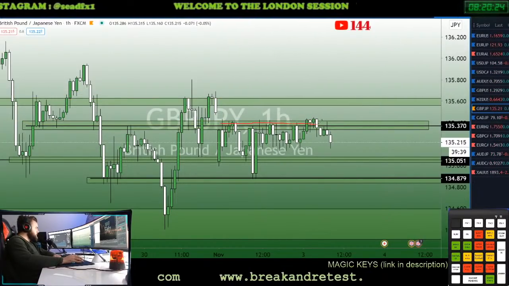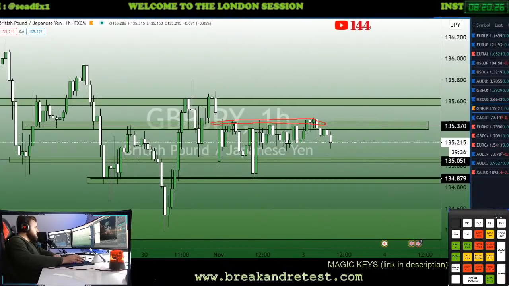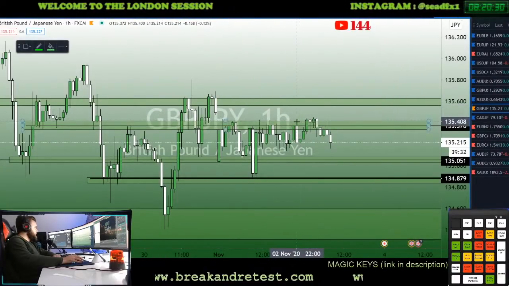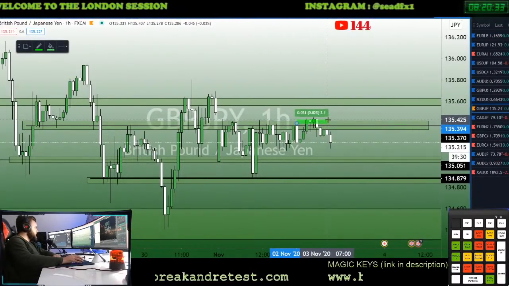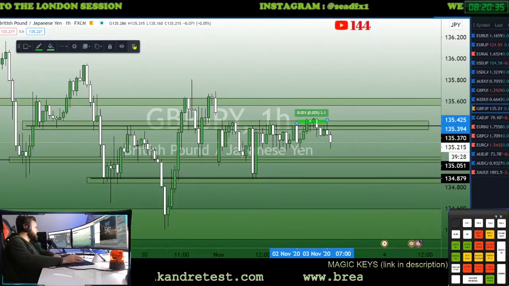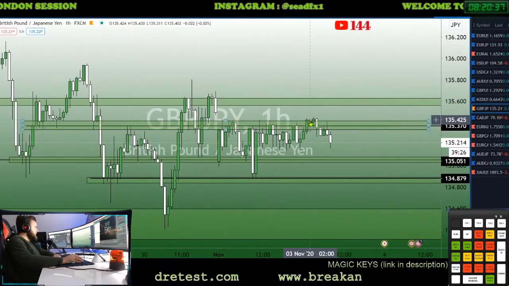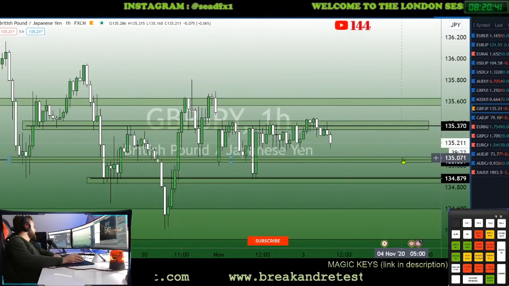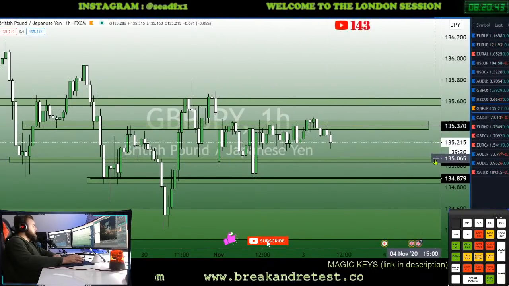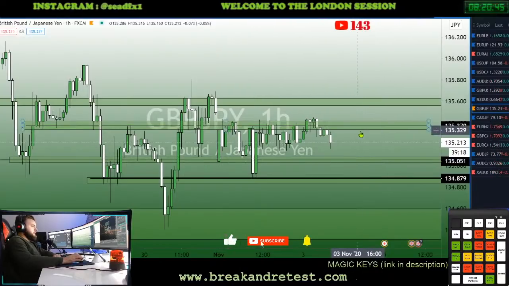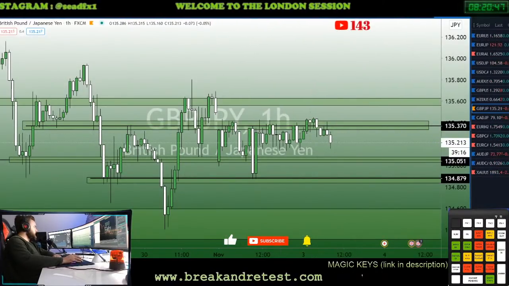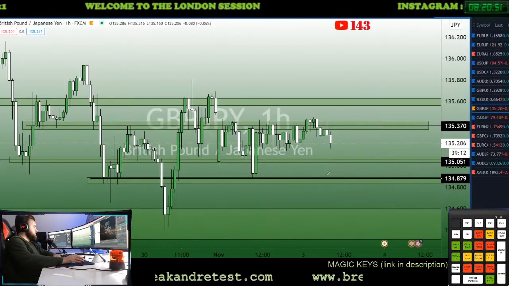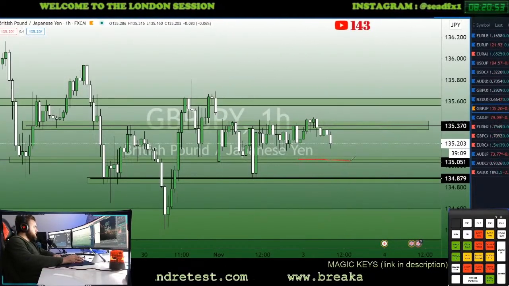You can see how we did have a small breakout, which was not 10 pips, and I would probably not take it. So it was around 2-3 pips, and see how it failed to continue, came back in the range, did a retest, and went all the way down. So from this, it might seem like we're going to continue down, but we'll see if we're going to be able to close below